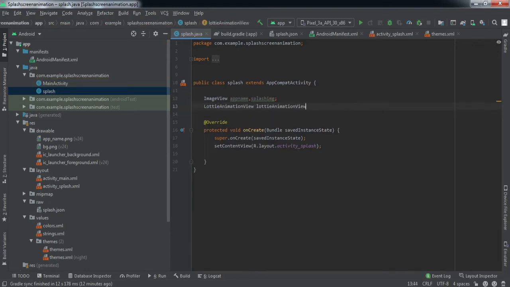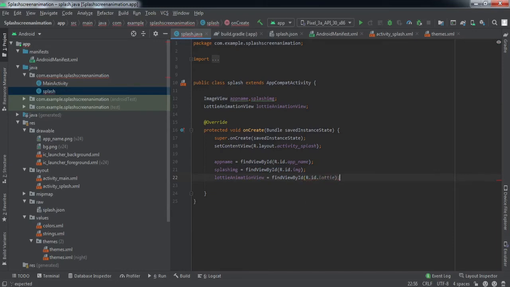We'll simply name it Lottie animation view only. Then we'll refer to all the elements by using the find view by id method, right? So we have referred to all the views in here.